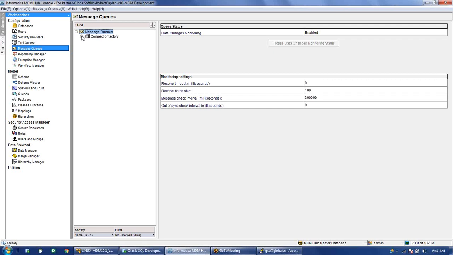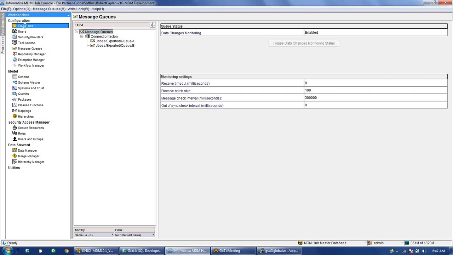For the message queues, once we come here, we need to set up a connection factory and a queue. The connection factory is specified in your XML file. There is an XML file called standalone-full.xml, which I forgot to tell you about when we registered the database.